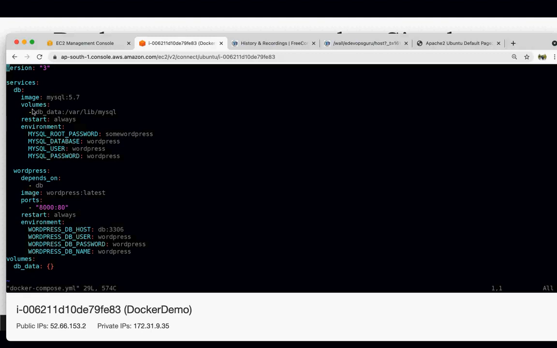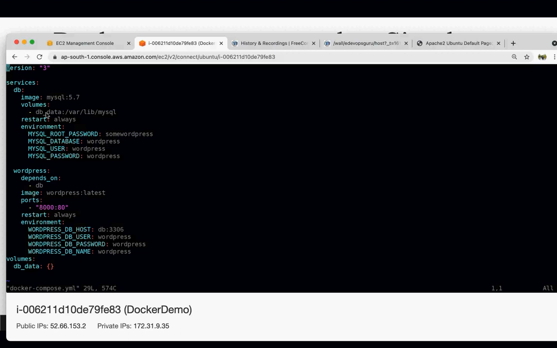Then there is also a concept of volumes. Normally Docker containers have ephemeral storage. Whatever is created inside the container gets destroyed as soon as the container is destroyed, so there is nothing persistent inside the container. But this can't always be the case, correct? You may need some configurations, outputs or logs, or want to pass some configurations from outside. In that case, there is the concept of volumes.